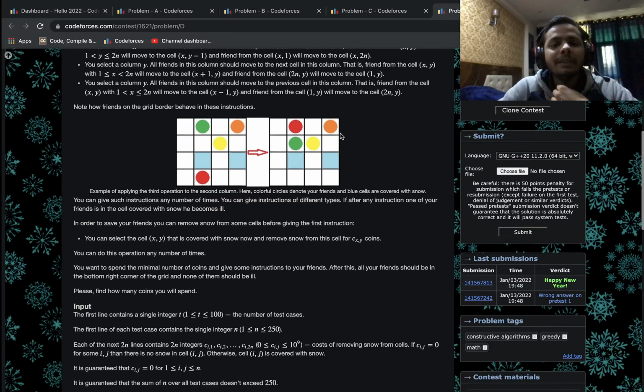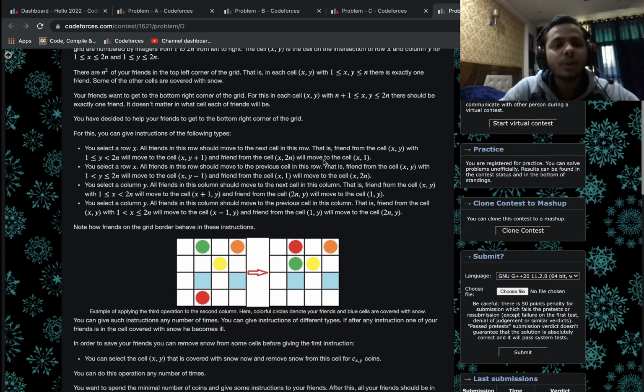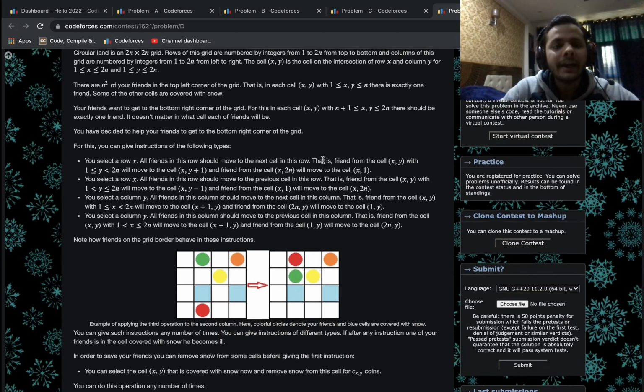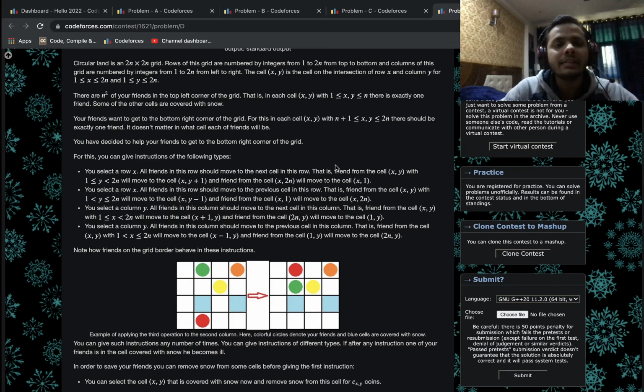Let me explain in brief what the problem is saying. So essentially we have a 2n cross 2n grid and I have n square friends, right? And initially all the n square friends are in the top left corner of the grid. By top left corner, I mean the n cross n grid which is in the top left corner, right? So I have n square friends. There is one friend in each cell in the top left corner of n cross n